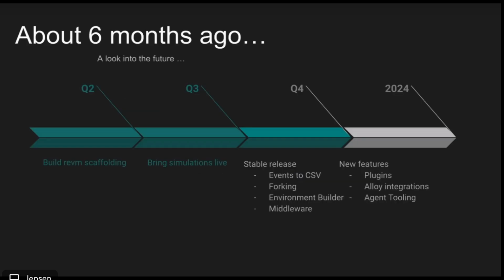So getting right into it, about 6 months ago, we had a slide that looked kind of like this. And some of the main features I want to talk about that we've shipped in Q4 here that land us where we are now, which I would consider is stable in some sense. And some of these events include we can streamline and log events to CSV files from